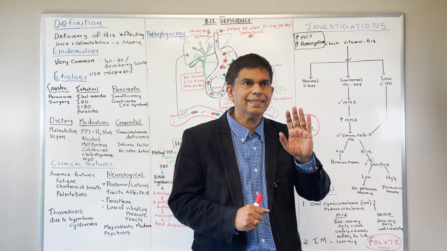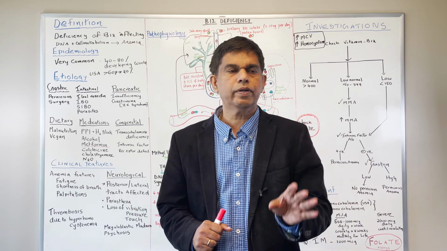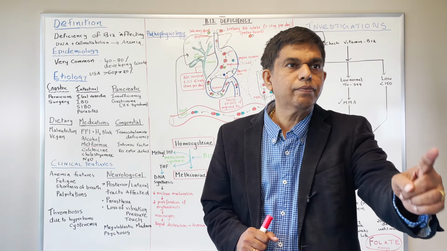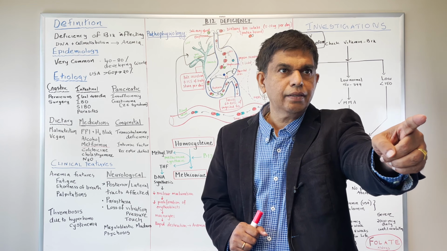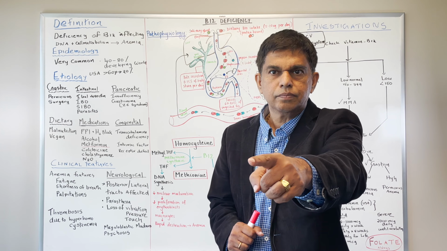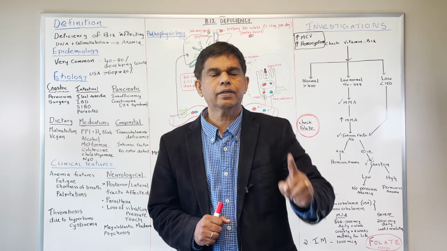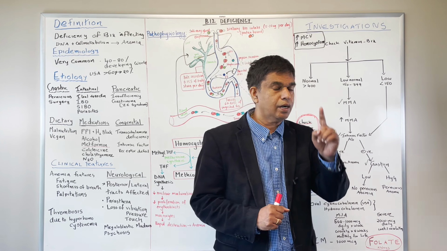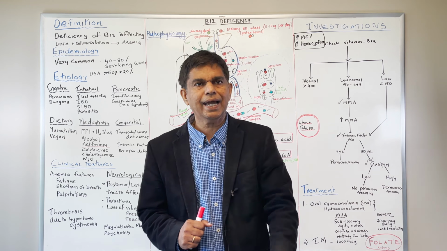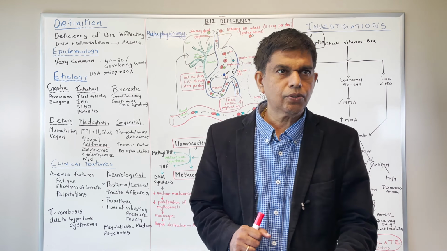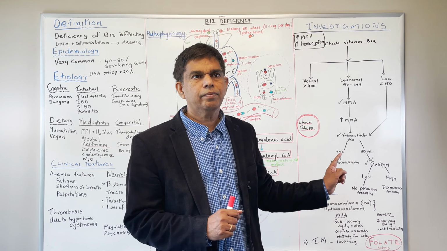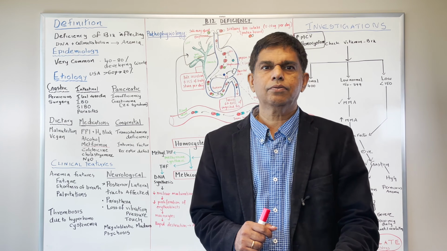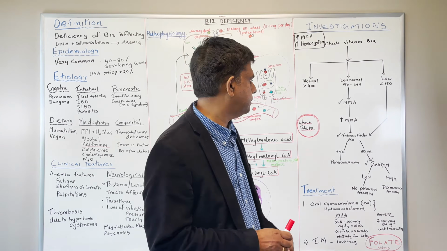If there is concomitant vitamin B12 and folate deficiency, you treat with what? Vitamin B12. Say it again: B12 first. Everybody got that? I'm going to say again how very, very important this is. If there's concomitant vitamin B12 and folate deficiency, first you treat with vitamin B12 and then you also have to give folate. Remember that.